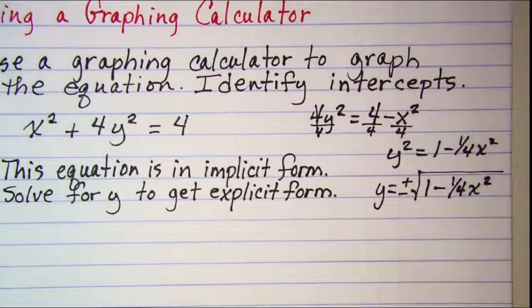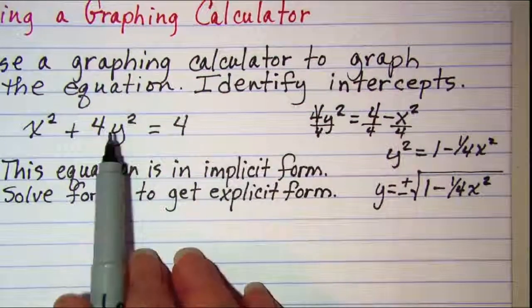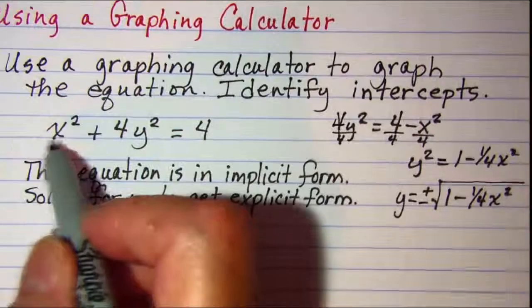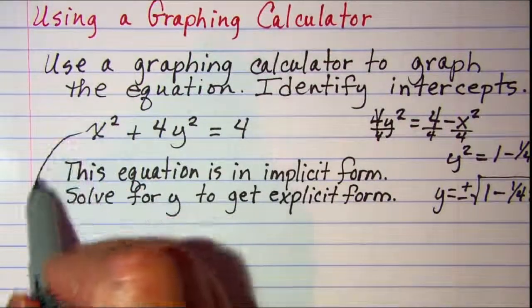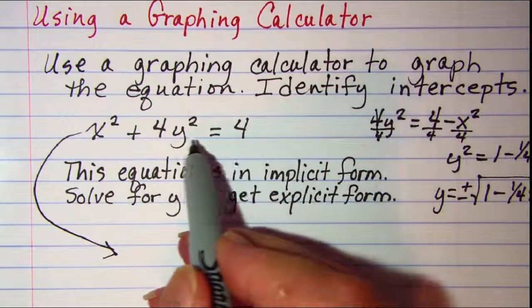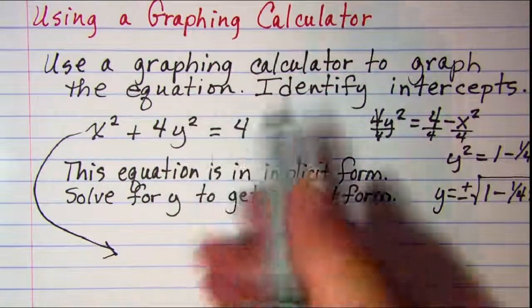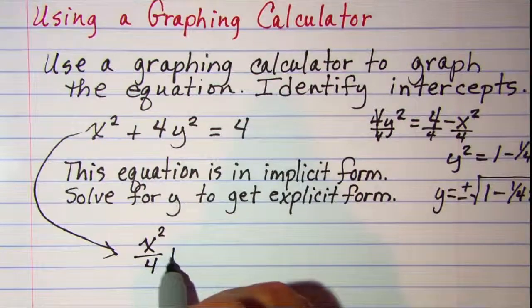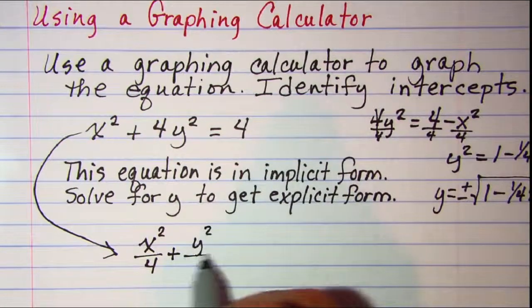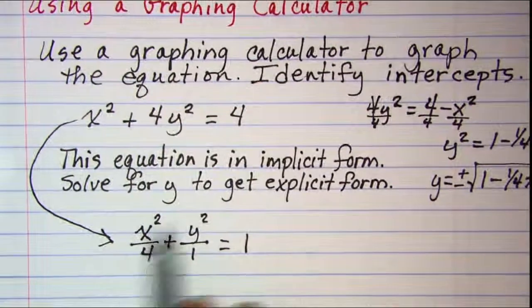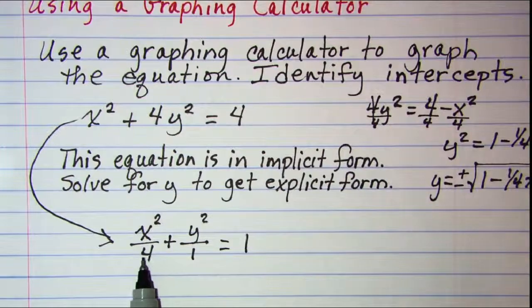Now if you were fortunate enough to learn about ellipses in maybe a pre-calc class, you know that we could take this equation and make the right side equal to 1 by dividing all of our terms by 4. So we'd have x squared over 4 plus y squared over 1 equals 1. And this is the standard form for an ellipse with a